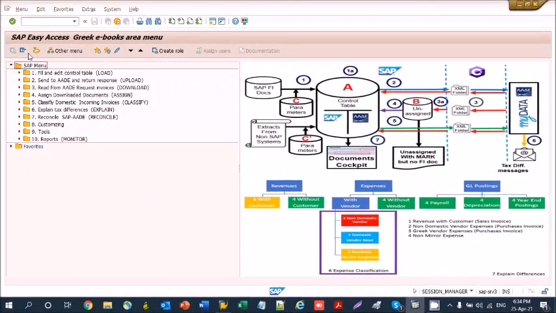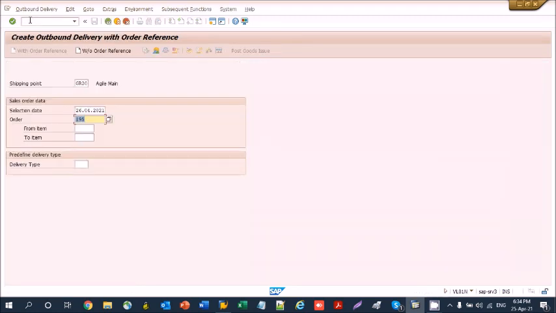Then we will create a delivery document. We will pick the goods and post goods issue using transaction VL01N. First, we declare the shipping point and we select the date for delivery.